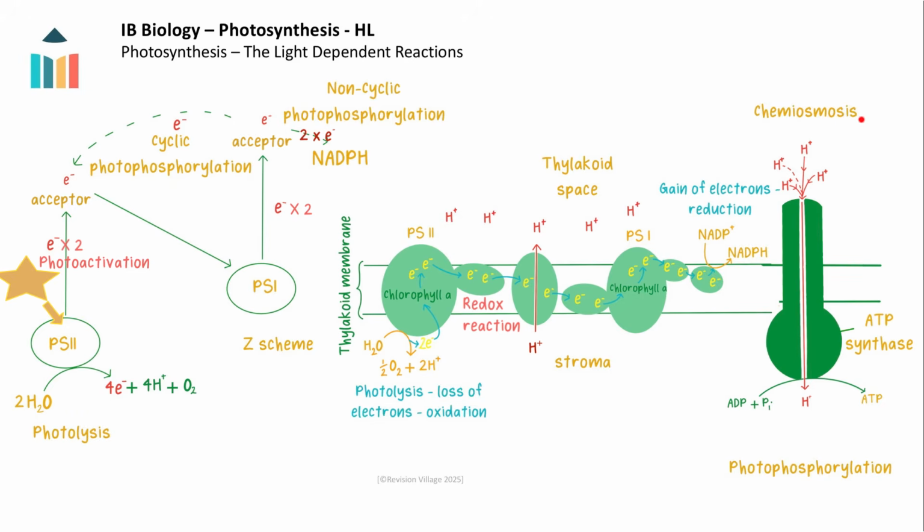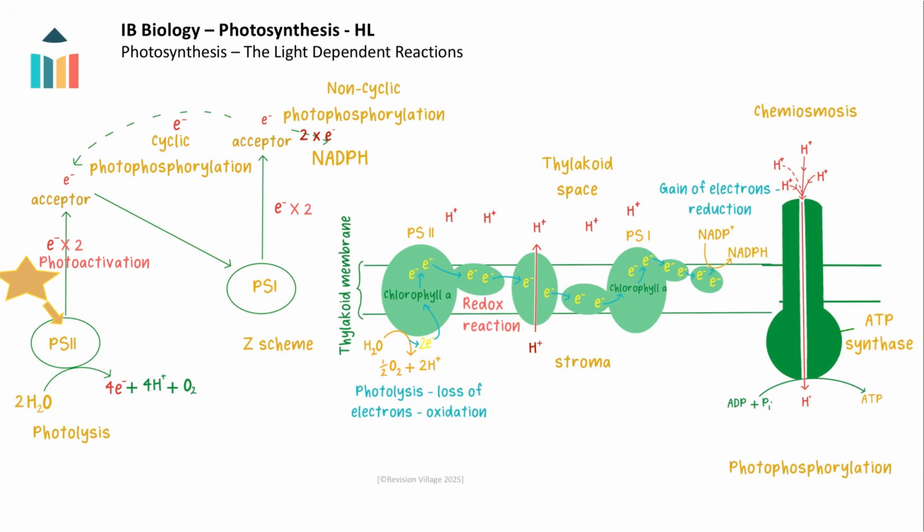Chemiosmosis now occurs when the protons diffuse out of the thylakoid space down their electrochemical gradient back into the stroma through special proteins in the membrane called ATP synthases. The movement of the protons through the ATP synthase drives the phosphorylation of ADP with inorganic phosphate to form ATP,